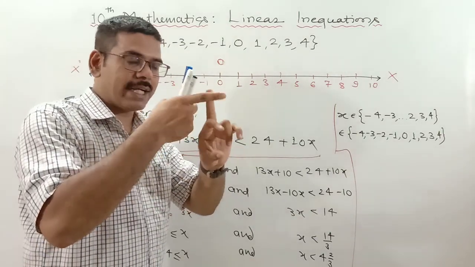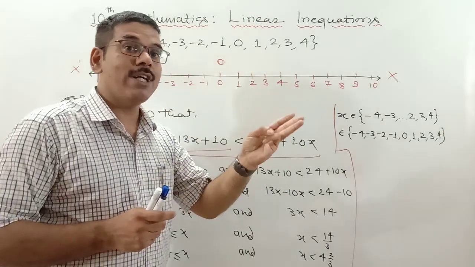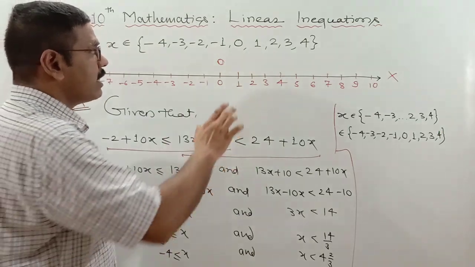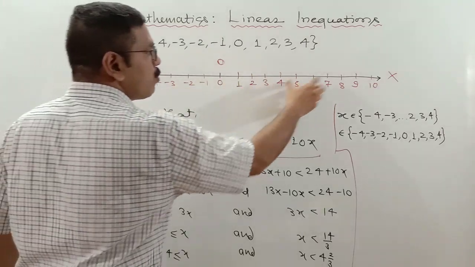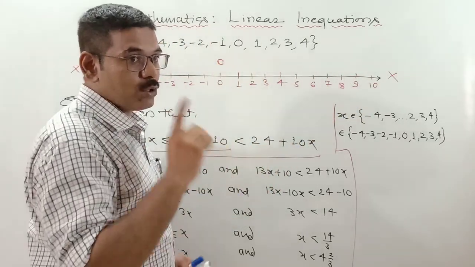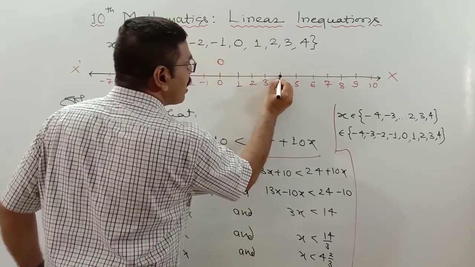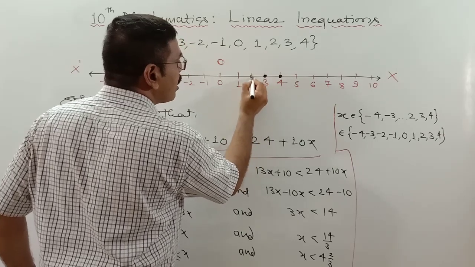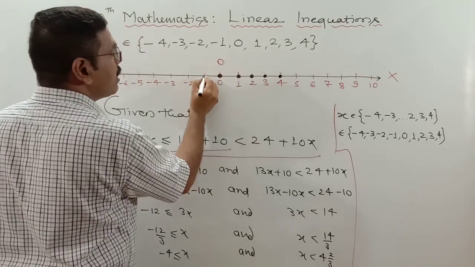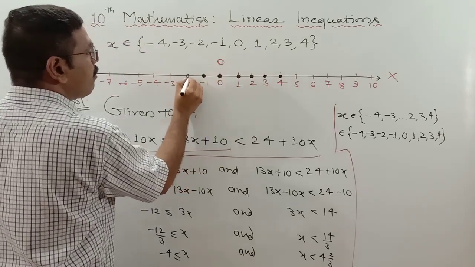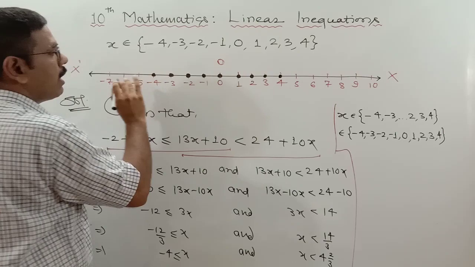The first point is x'ox. Second, arrows. Third thing, we need to make at least 3 additional points on both sides. In the sense our solution set was having -4 to 4, so I have just added 3 points here and a few points here. This is compulsory. You should always try to do this. So now we are representing them. Here we are making the dots at 4, 3 and so on. Why are we making dots? Because only these dots are represented in the solution set. In the solution set only those numbers are included which are represented here as dots. Understood?